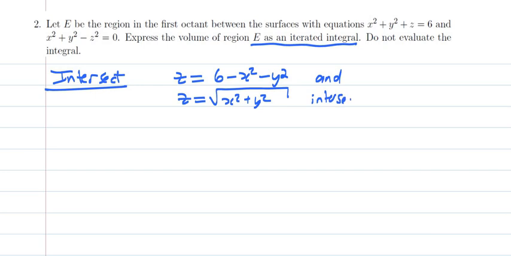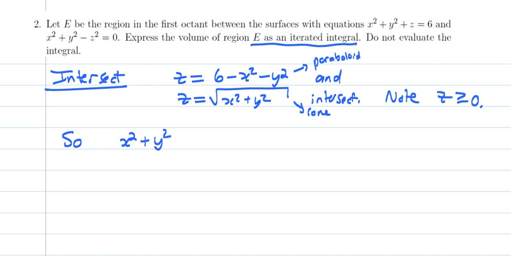Note, z is greater or equal to 0 because we're in the first octant. So you can see this one is a cone and this one is a paraboloid. All right, chapter 1 work, you've got to know your surfaces. All right, so we want to know when they intersect, and so we can see,